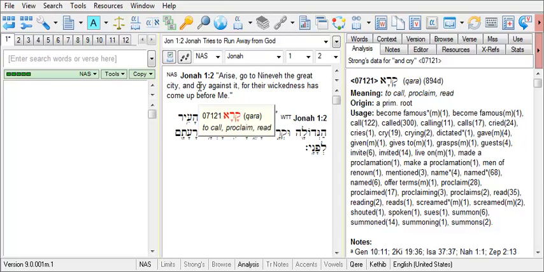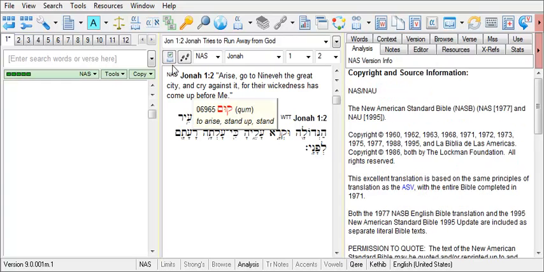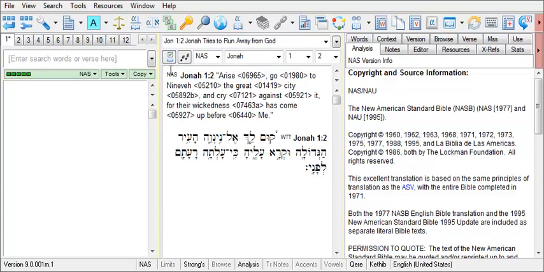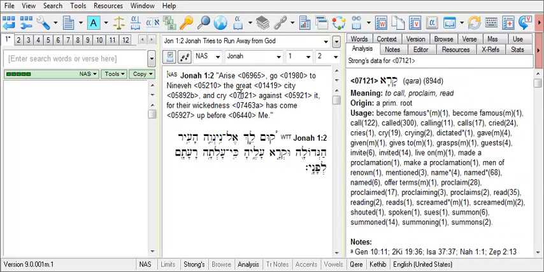Let's display the Strong's numbers by clicking on the Browse Window Options button, then clicking Toggle Strong's Numbers. Now place your mouse cursor over the Strong's number 07121 in brackets next to the word cry in the NAS. We see similar information at the top of the Analysis tab to what we saw in the word tips for the word cry. The Strong's number 07121, the NAS definition for the word kara, with the meaning to call, proclaim,